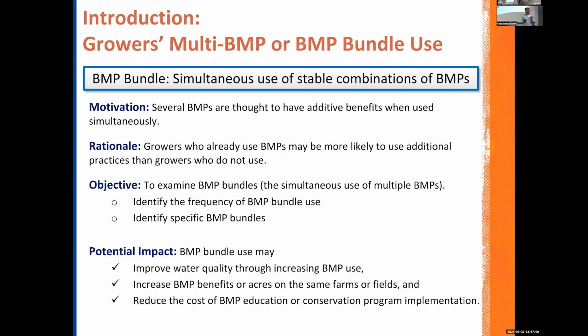All right, so there's a lot of work in AgEcon that looks at individual practice adoption. None of that is new. I think we have a good understanding of what motivates individual practices, but what we don't look at much in AgEcon, where I think this work is going to go, is the adoption of multiple practices.